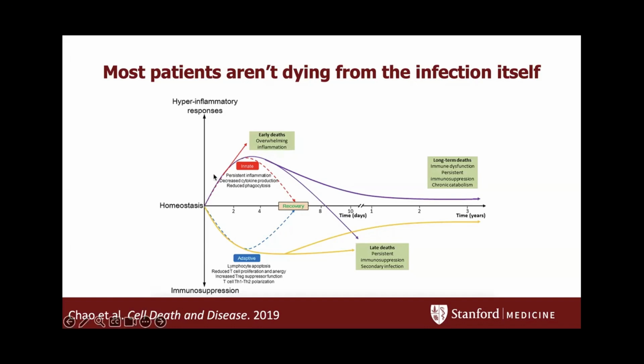So I really, really like this figure, which essentially shows this kind of narrow homeostasis our immune system is in, and how imbalance in either direction can lead to worse outcomes. So either a hyperinflammatory state that leads to early death, or ongoing inflammation after resolution of your infection, or this lack of appropriate inflammation and too much anti-inflammatory can all lead to bad outcomes, sort of deviating from this homeostasis and causing us to not be able to resolve these patients' syndromes, even if the infection is solved.